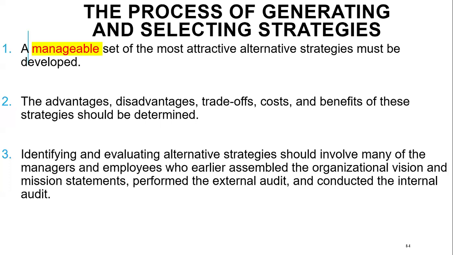Then the third stage in the process leading to the generation and selection of strategies also involves an attempt to identify and evaluate alternative strategies by involving a lot of stakeholders, ranging from managers that have a better appreciation or perception of the issues that are going to be considered, and the employees that were hitherto involved in the forgery of the organization's mission and vision statements. Now, this is important because, as we say in our local parlance,